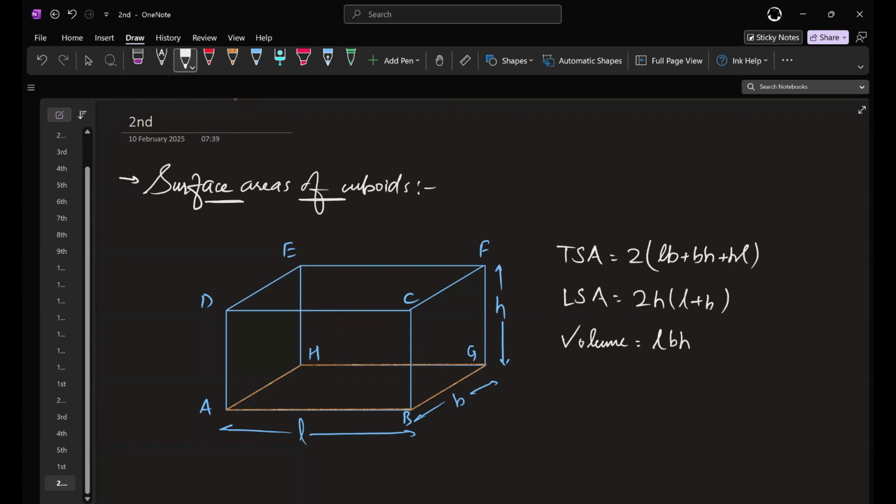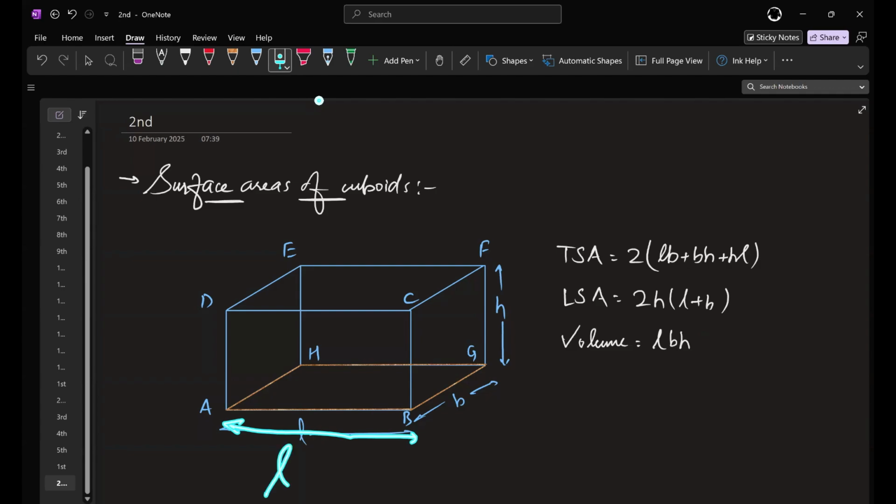For the lateral surface area, only the top and bottom are gone. So why can't we just say that it is equal to 2L into B plus H? Because the thing is that when we are drawing a cuboid, the length is always assumed like this,